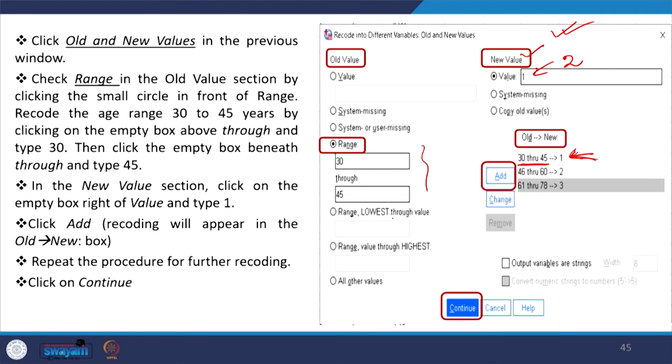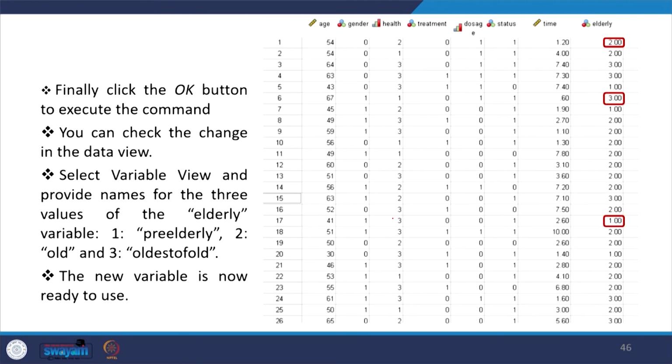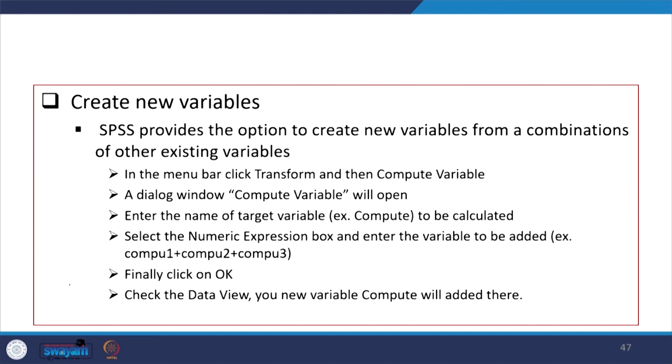Alright, the rest of the details we have guided, and I am sure you will enjoy dealing with these things. So, now the elderly data, whatever is changed, is highlighted. The age can be recoded into different groups. Okay. So, here we have defined 3, and accordingly I have given some guidance here for your reference. I am sure you will enjoy operating on your own.